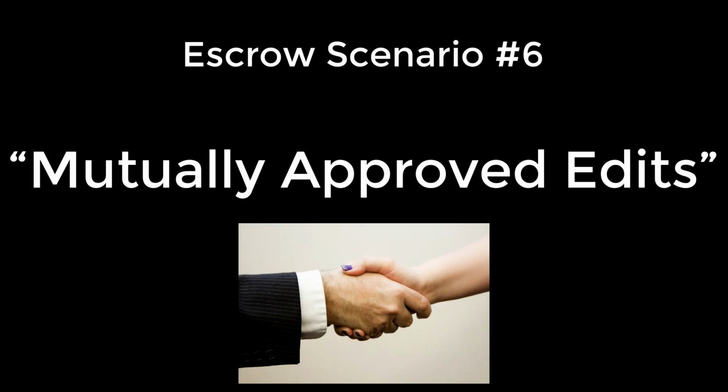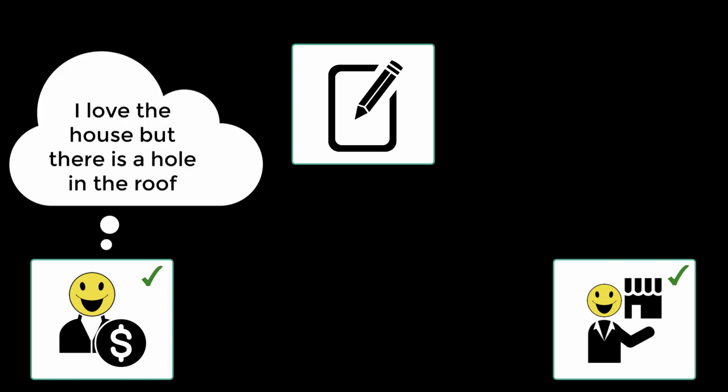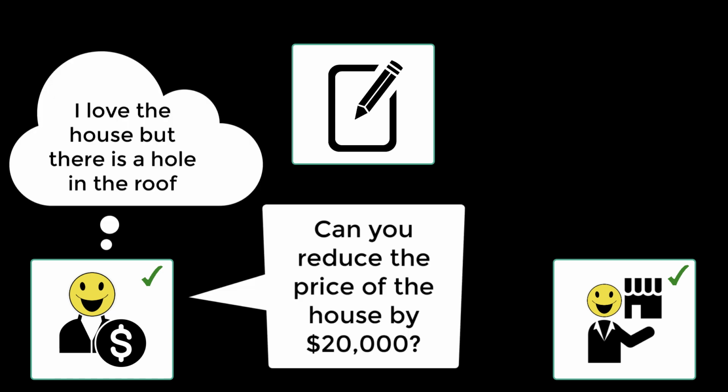Escrow scenario number 6, mutually approved edits. This is the case of a successful transaction that also necessitates some revision to the contract while the agreement is in flight. So in this scenario, the buyer is going to do due diligence on the property and notice an issue, for example, a hole in the roof, and will request the seller to reduce the price of the sale